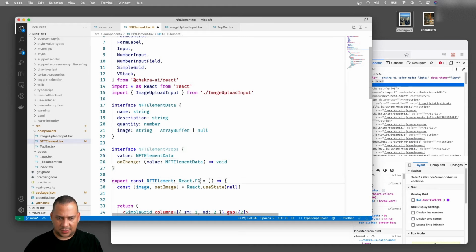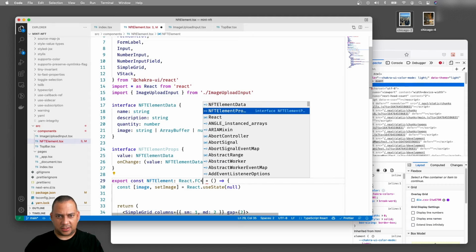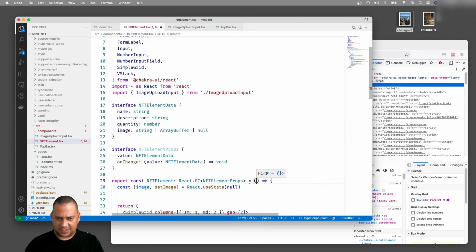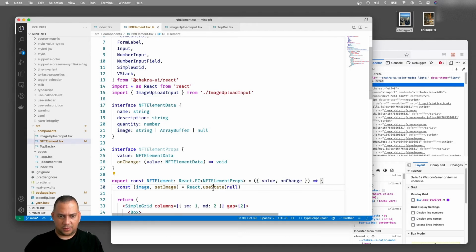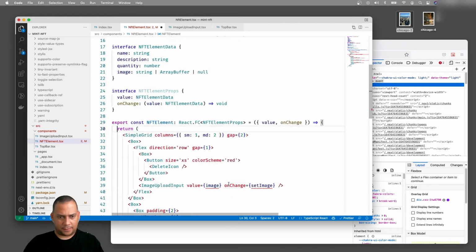And we can say here this will accept an NFT element props. That means that we'll have value and onChange. And we no longer need this state. So here will be value.image,